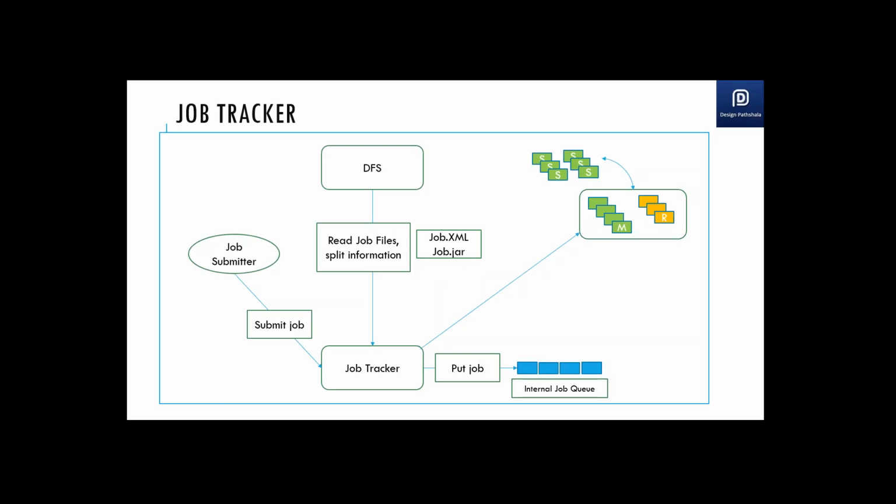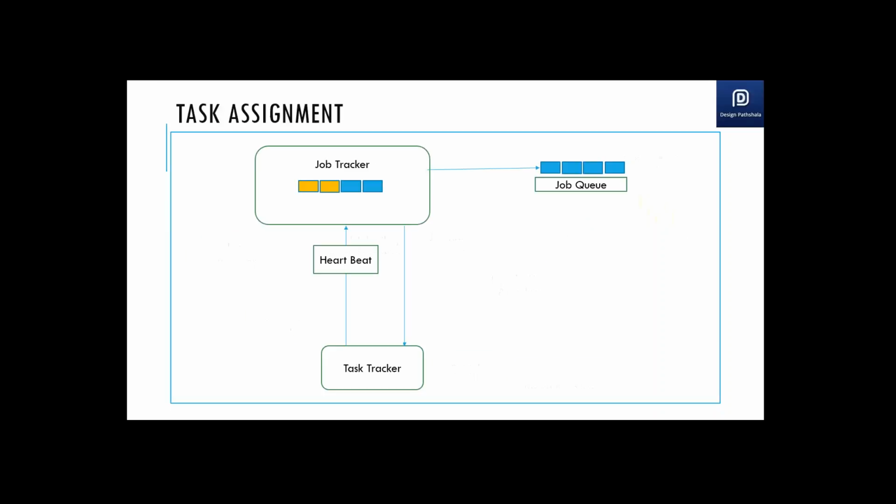and then the jobs are picked from the job queue, and your mappers and reducers are created for the job. These mappers and reducers really run with the help of your task tracker. Before going further, I'll reiterate everything. It's a little fast, but I'm just trying to give you the whole picture. These task trackers keep sending the heartbeat signal to the job tracker, as the data node sends the heartbeat signal to the name node.